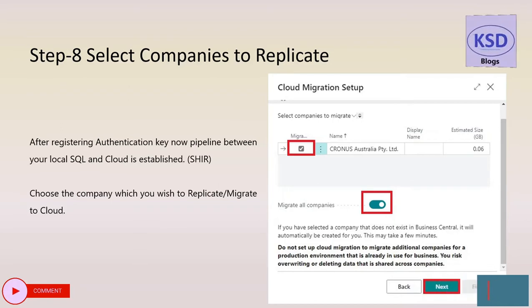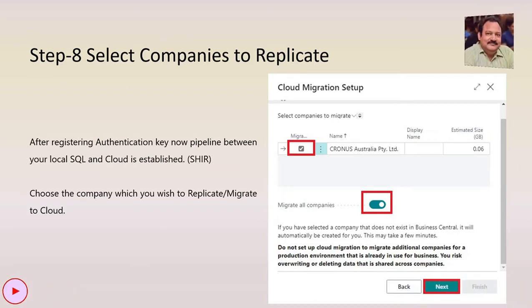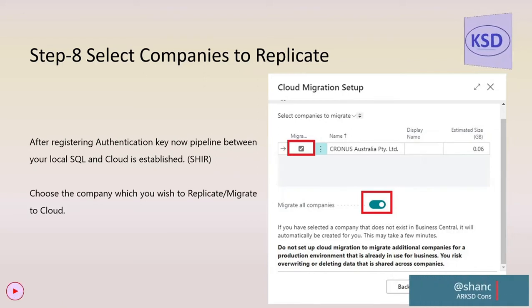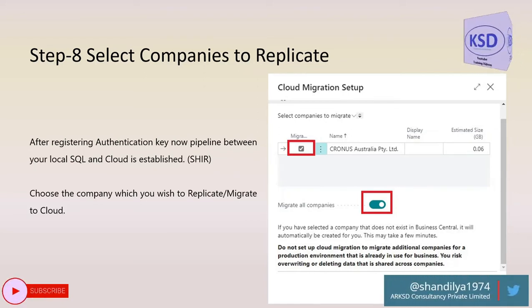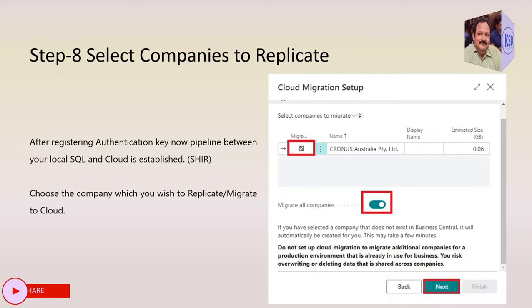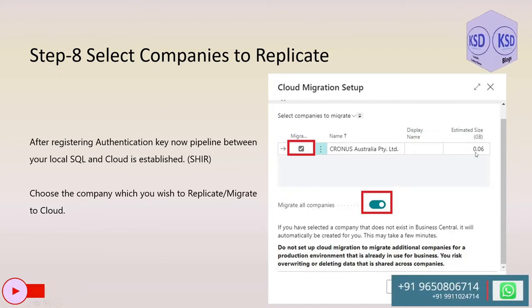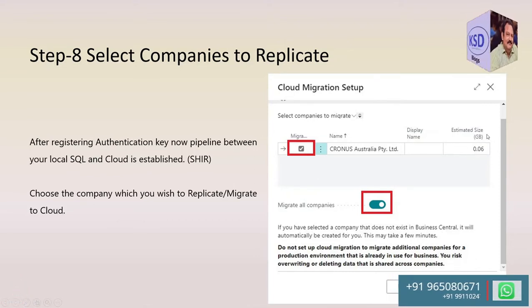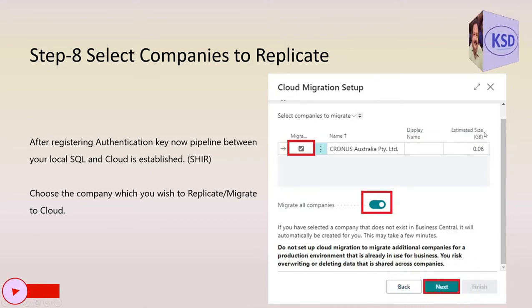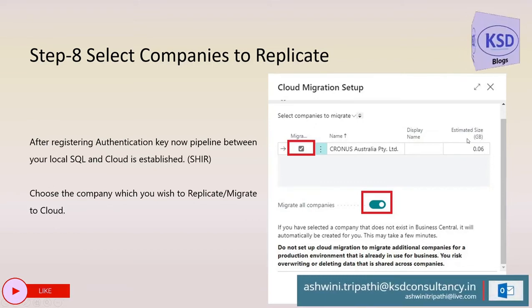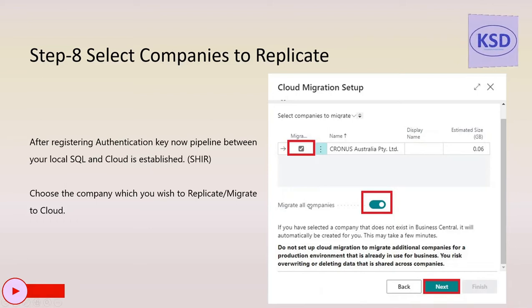Next, you will be provided with the list of companies in your database, and you choose which companies you want to migrate. In my case, it is 1. In a customer's case, it could be 2, 4, 5, 10, whatever. You can see that the size is also given over here, so accordingly, you can decide how many companies you want to migrate in one go. If it is small, within your 30 GB limit, you can migrate all companies in one go. And then